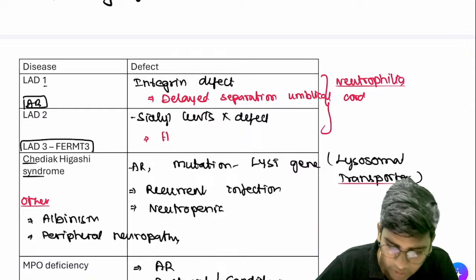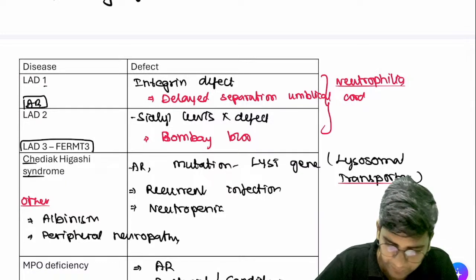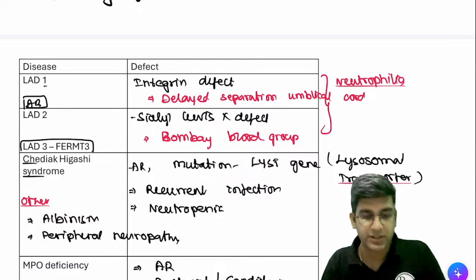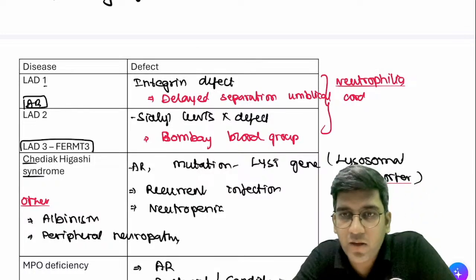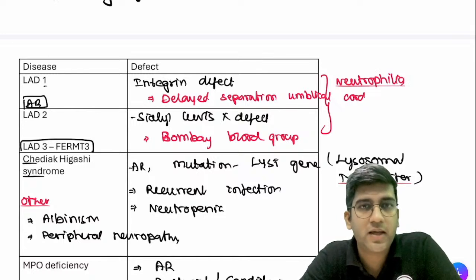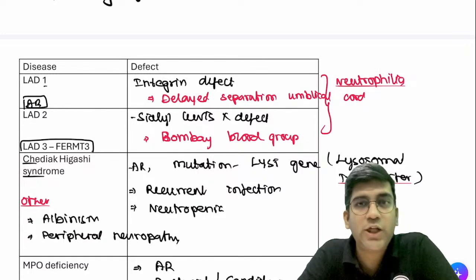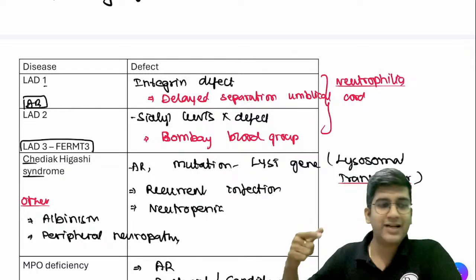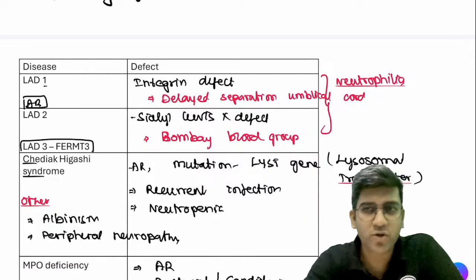The patient will have a type of blood group called the Bombay blood group. The patients will have neutrophilia, both of these patients. I want everyone to answer here. Integrin and CLL-6 or selectin, what process are they involved in? They are involved in the process of rolling, adhesion, and diapedesis, right? That's the process where the integrin, selectin, or CLL-6 is involved.